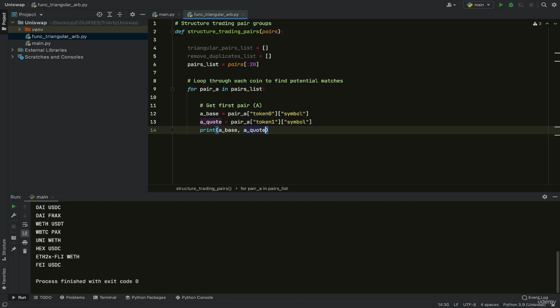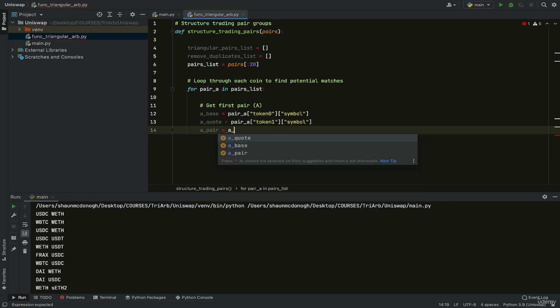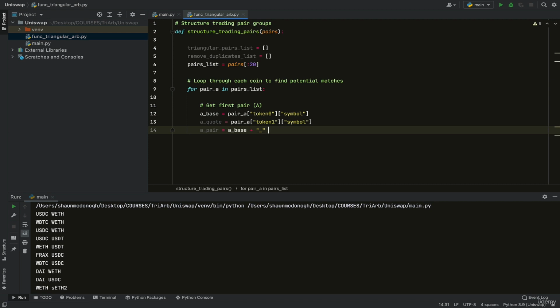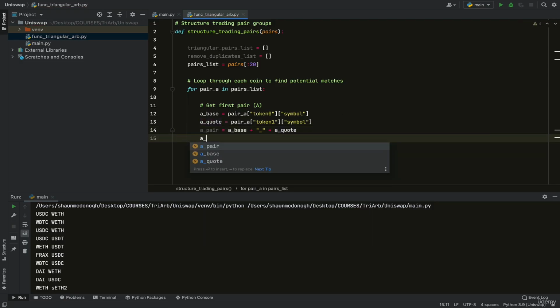And hopefully this is now making sense to you what we're doing. We're just extracting that data out of the objects that we've passed into this method or function. So a pair, I'm actually going to explicitly call this out as a pair this time. And I'm going to say that that is a base plus, and I'd like to keep the same kind of convention as we had with Poloniex. I want this underscore here, and that's going to be a quote. And I'd like the contract addresses as well. So this will be a token